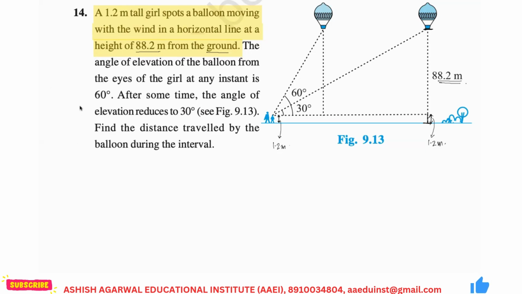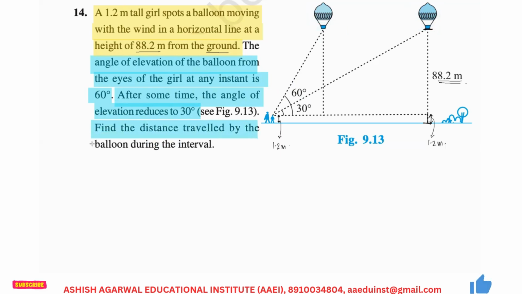Moving ahead. The angle of elevation of the balloon from the eyes of the girl at any instant is 60 degree. They are talking about the first triangle, which is 60 degree. After some time, the angle of elevation reduces to 30 degree. So when the balloon was here it was 60 degree; when the balloon went far away, the angle reduced down to 30 degree. Find the distance traveled by the balloon during this interval, which is very, very clear that we are being asked